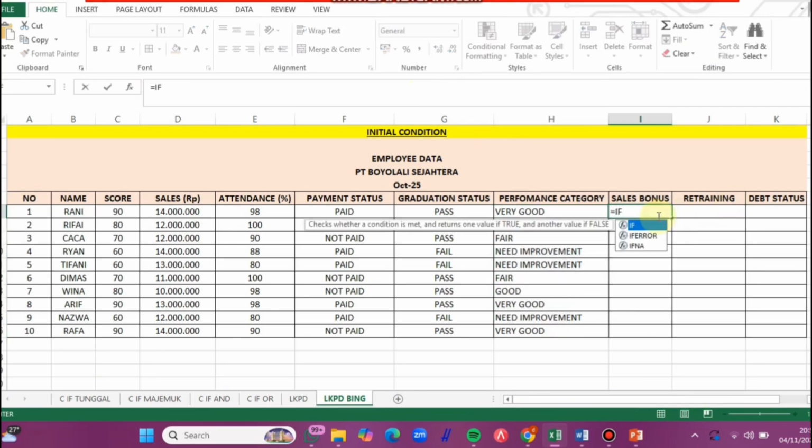Okay, for column sales bonus we will use IF combination with AND.